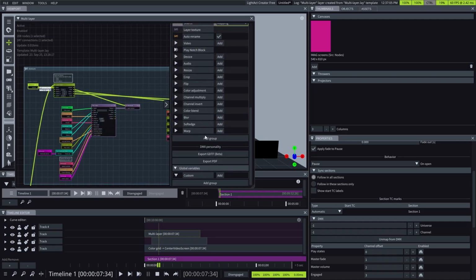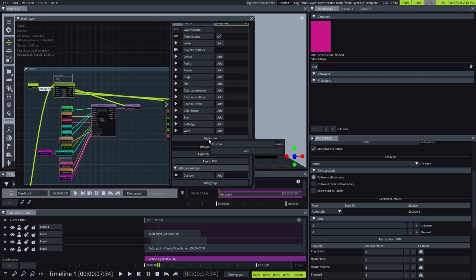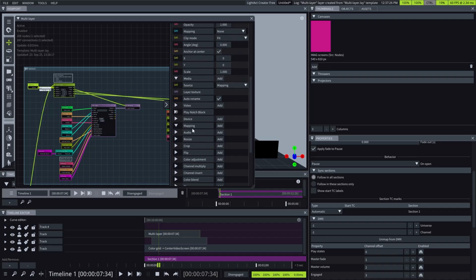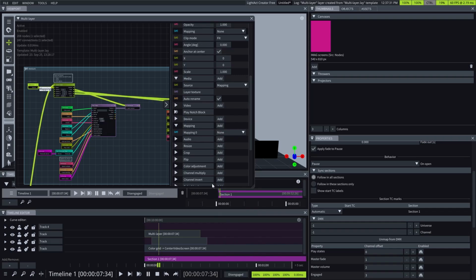Now we need a mapping variable. And as you see here, all the video stuff is in the video group. All the notch stuff is in the play notch block group, and device variables are in the device group. So let's create another variable group called mapping, like so. Add, drag it here so that it's just underneath the device, and add a mapping